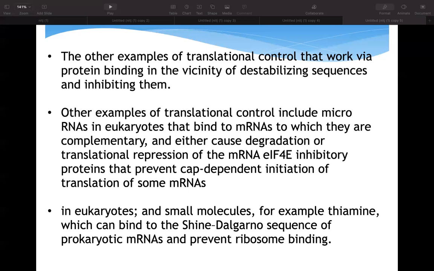In prokaryotes, small molecules, for example like thymine, will bind to the Shine Dalgarno sequence, that is 5' AGGAGG 3', which is only found in prokaryotic mRNA, and prevents ribosome